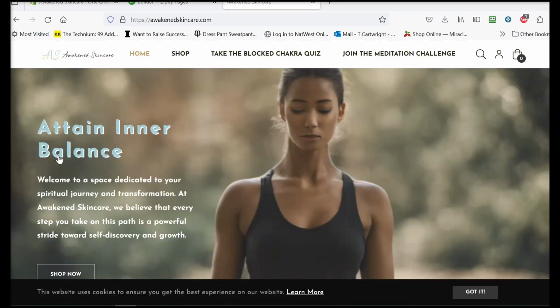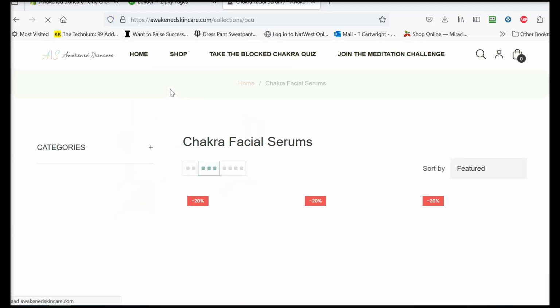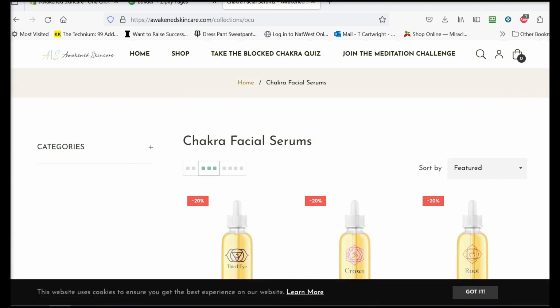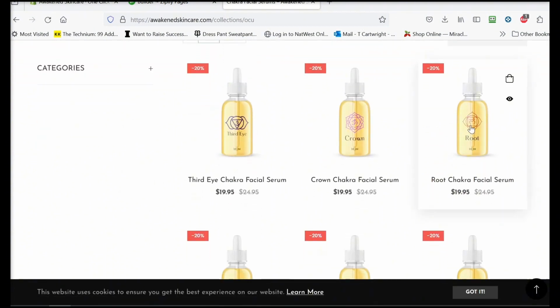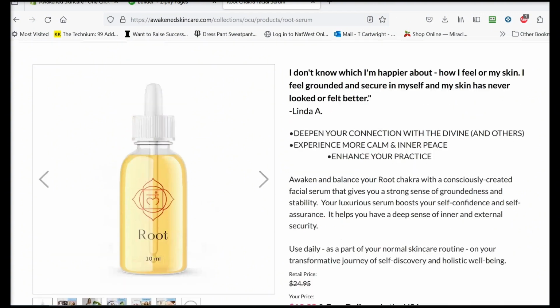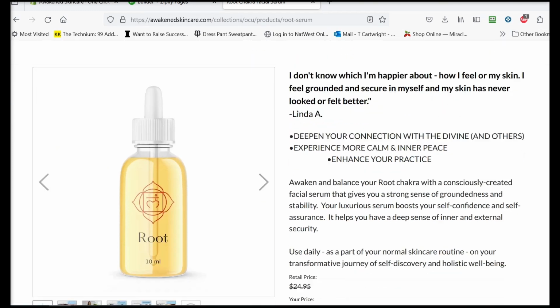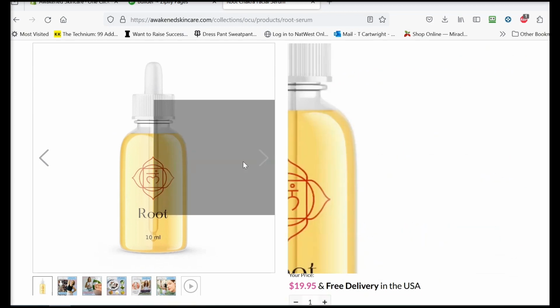So here we are at awakenskincare.com. Under shop, I'm going to go to serums, and then once I am in serums, I am going to go to the root chakra, just because that was the one that we were looking at. You'll be able to see it in real time. And I may have to pause the video as I put the details in. But so this is one of the product landing pages, a product detail page. I just took the template and modified it, put my logo here, customized this tagline, added a button here, created all this copy here, images,